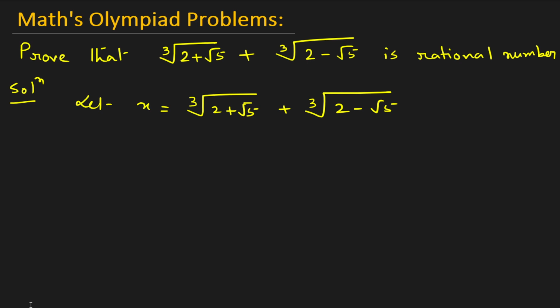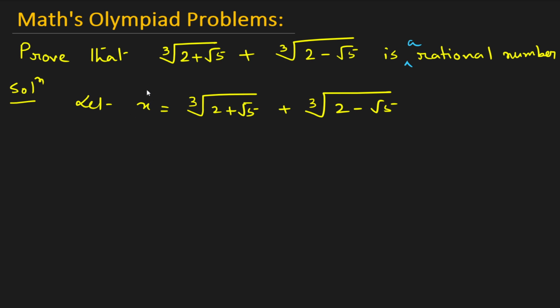So today we are going to solve a very interesting problem. Let's see the problem. Cube root of 2 plus root 5, plus cube root of 2 minus root 5, is a what? Rational number. Okay, so that it is a rational number is what we have to show here. So if this is a rational number, for that particular thing, suppose we are supposing that this whole expression